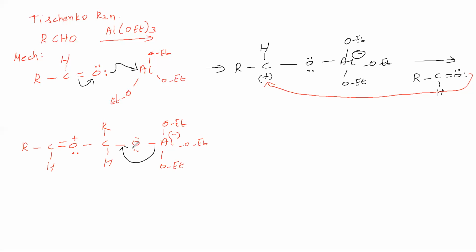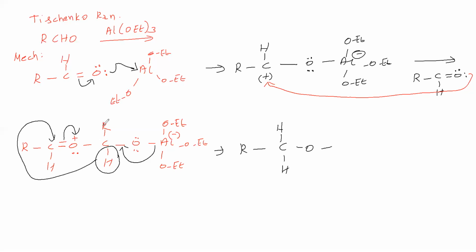This bond is shifting here. This hydrogen takes the bond pair and is shifting to this place. This bond is shifting to oxygen. Therefore, this R we will write. This CH becomes CH2 because H minus comes and attacks, a hydride shift. So CH2 single bond O, then this is a CR with double bond O. Okay. So we are getting an ester. This reaction is called